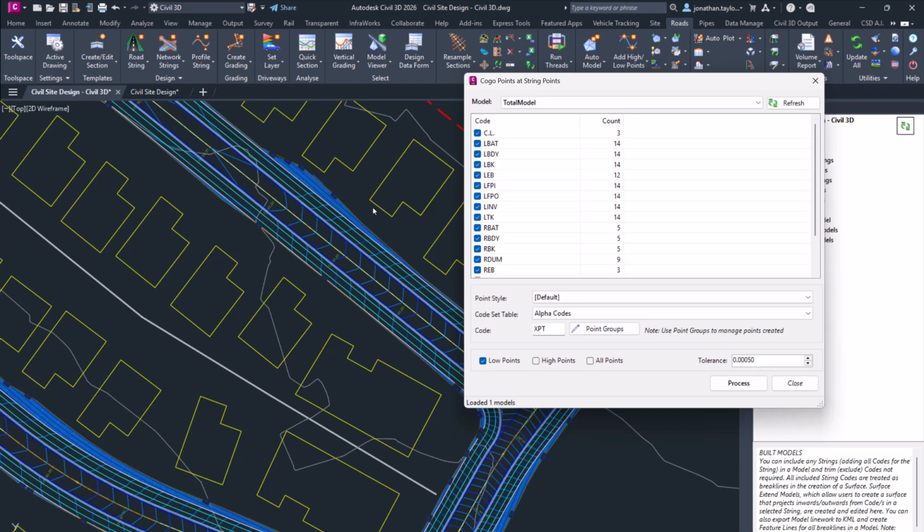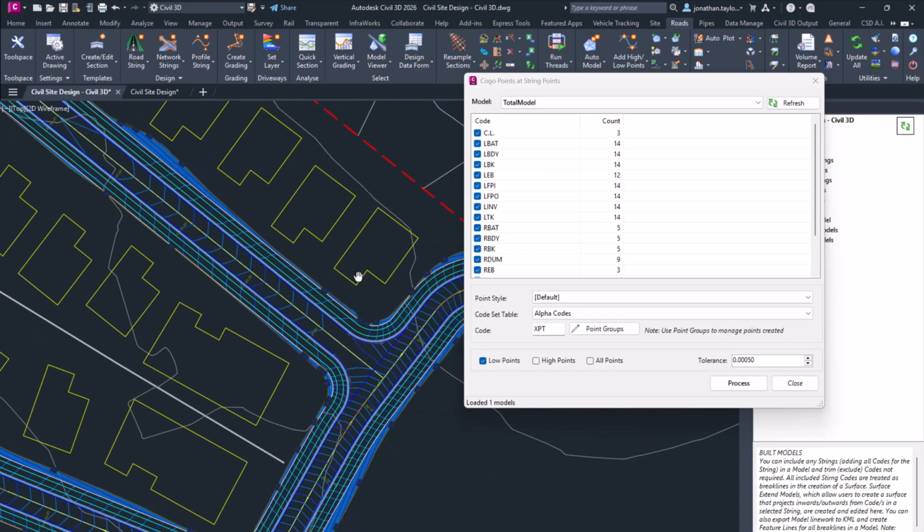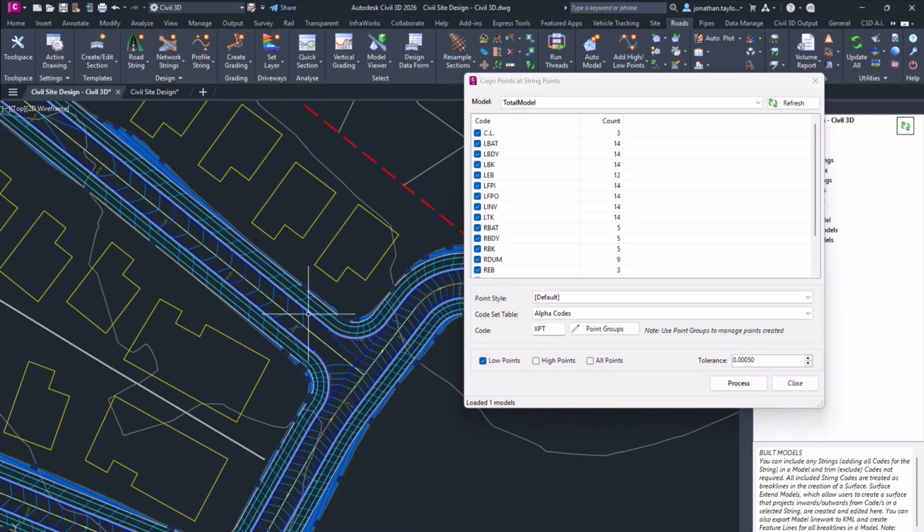When you first start this command, you're going to be prompted to choose a model, and in this case I'm going to be using Total Model, but you can use any model that includes strings. Within that model there are going to be strings which obviously have codes. Now we can cherry pick which codes we want to analyze for the purposes of the high-low points, and what I'm going to do is identify high-low points anywhere along the invert code of any strings within this particular